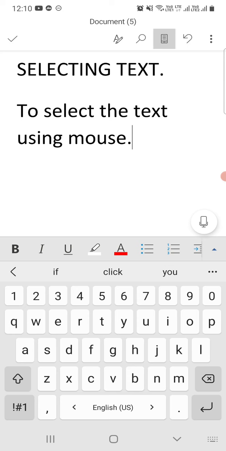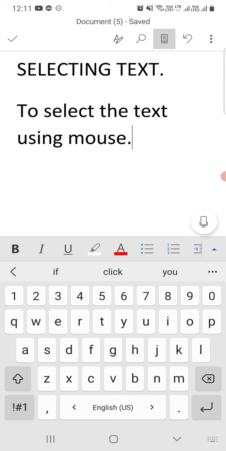Okay, this is our next line. So you can write more lines, huge amount of data you can insert here, character, letter, everything. So in this way you can create your document.